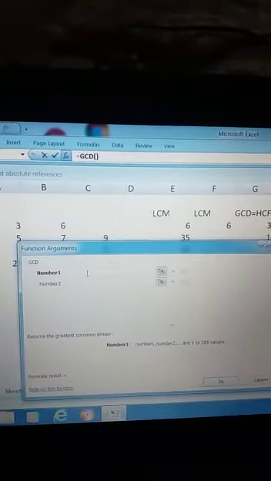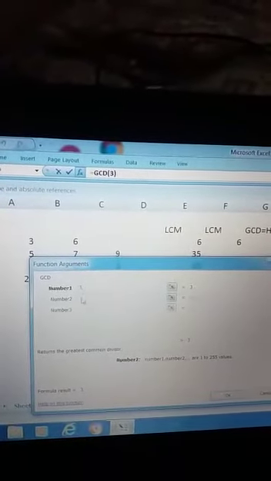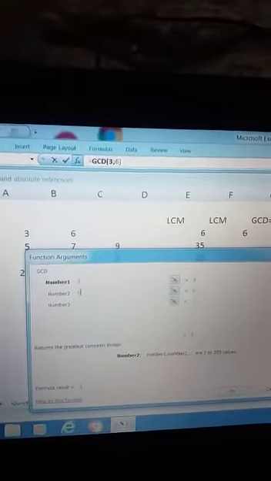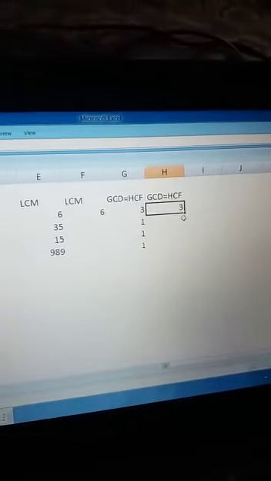Now you will write here the first number, which is 3, then the second, which is 6, and by simply clicking OK, here will come the HCF.